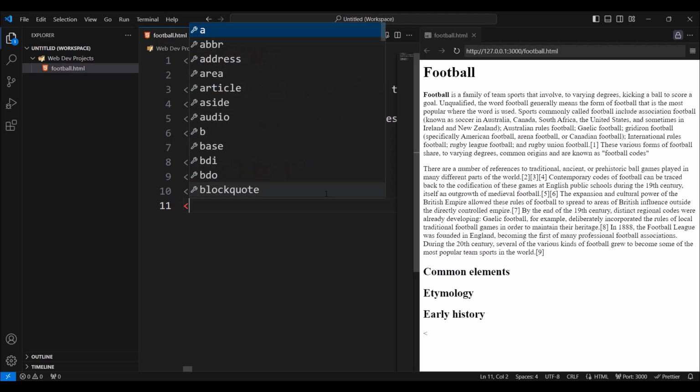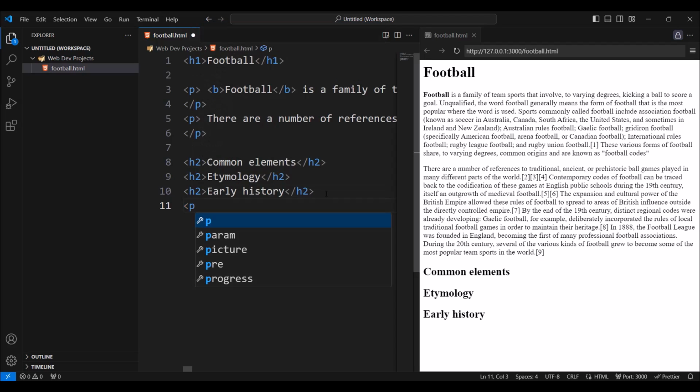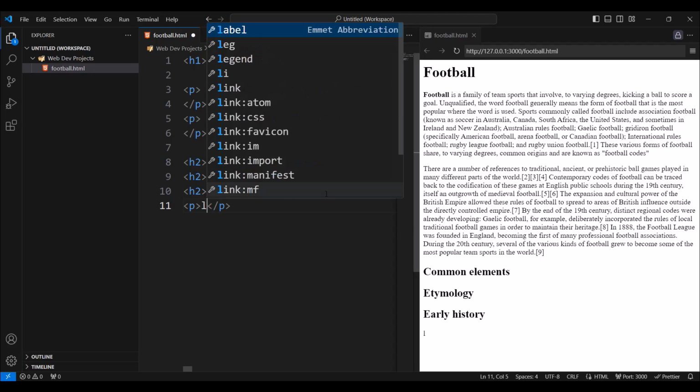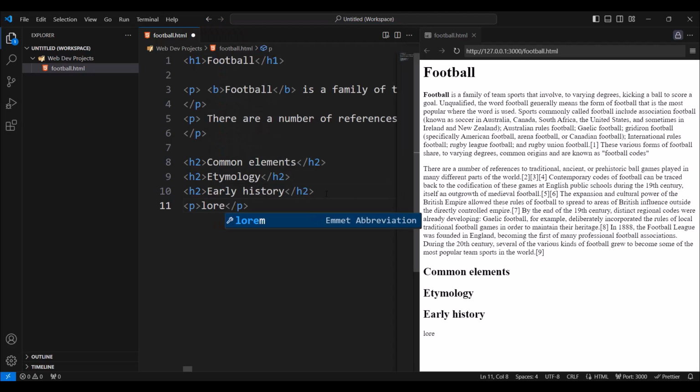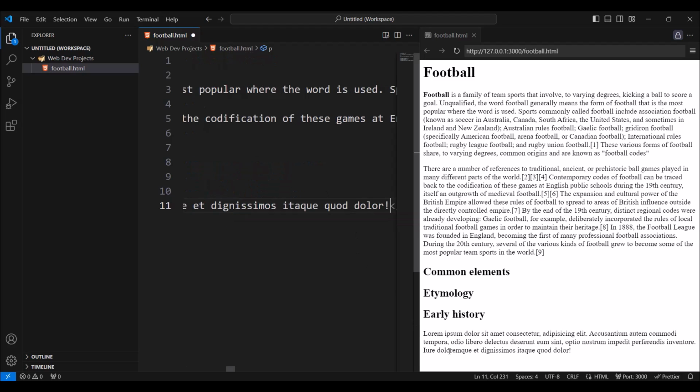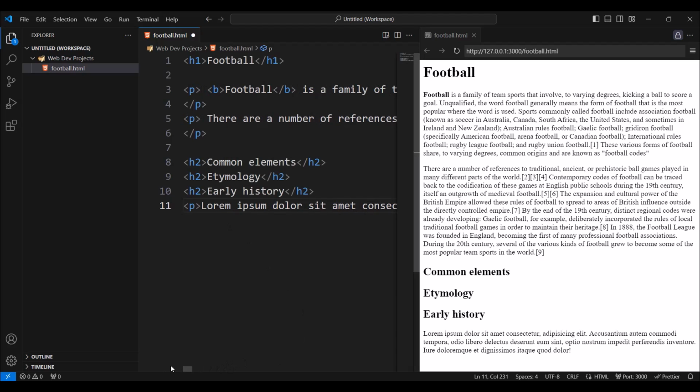Let's put the opening tag, paragraph, and we can type here lorem, and that is gonna generate some lorem ipsum text, which is just some text which has no meaning. So if I press enter, it's gonna add that text. So I'm gonna press enter, and now as you can see, we have this lorem ipsum text. All right.